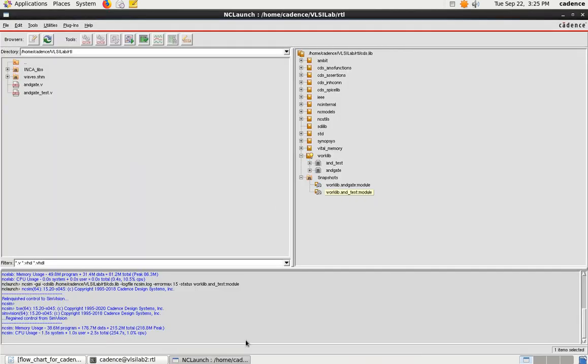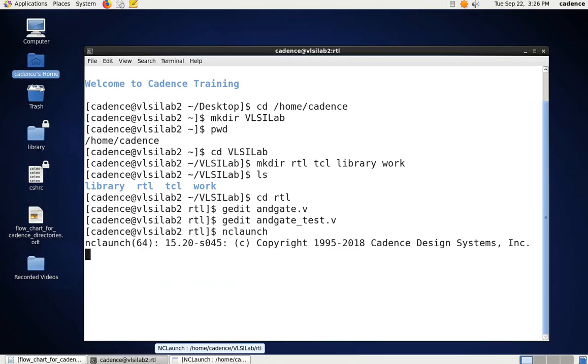So this is the step for simulating the code. What I did, I set the design directory, then I created, and then I ran. In the right side I elaborated the design, then I selected the AND test module. Don't select the AND gate, you have to select the AND test module. Then I sent it to the simulation environment window. There I selected all the components, then I did the simulation. So this is the simulation part for your code.